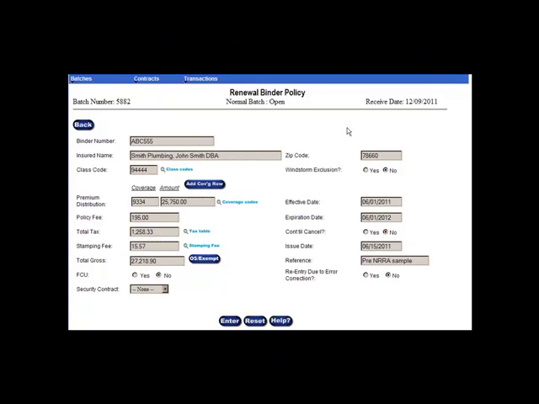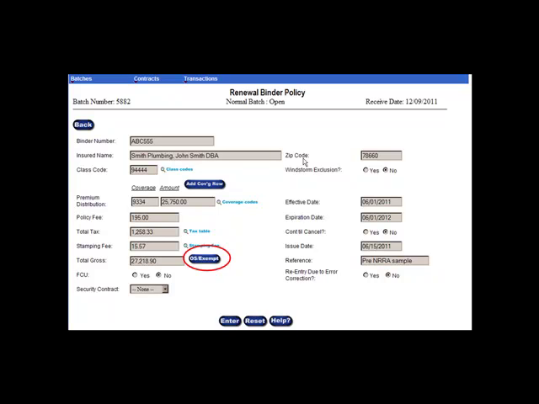For policies that are effective prior to July 21st, 2011, you will continue to enter those transactions as you always have. Enter the Texas premium with the coverage code. This is how tax and stamping fee are calculated. And separately, enter the premium for states other than Texas in the Other States Premium field by clicking the OS Exempt button. When entering a parent policy transaction, meaning a policy, binder, etc., the system will determine the correct premium allocation field for you. You will need to determine the method in which you enter the premium.